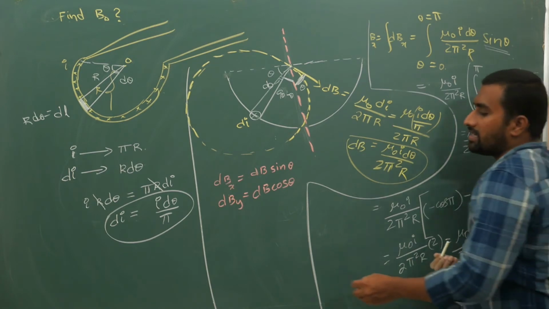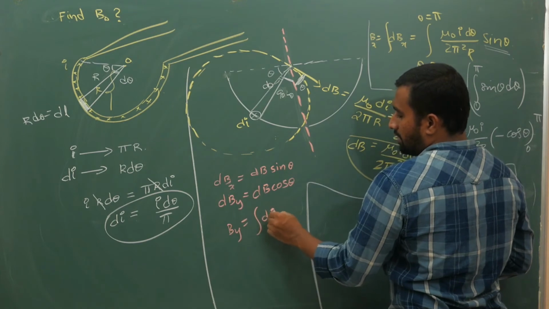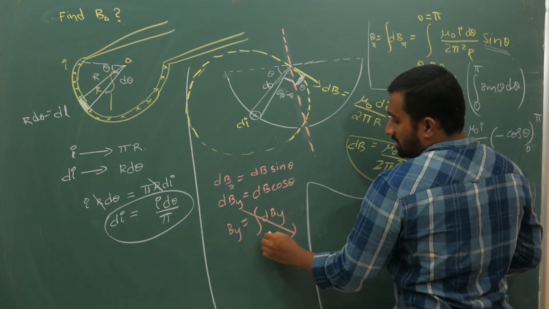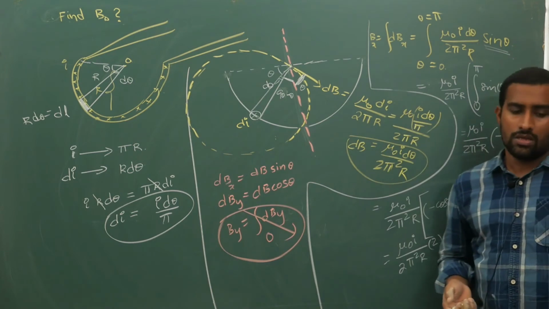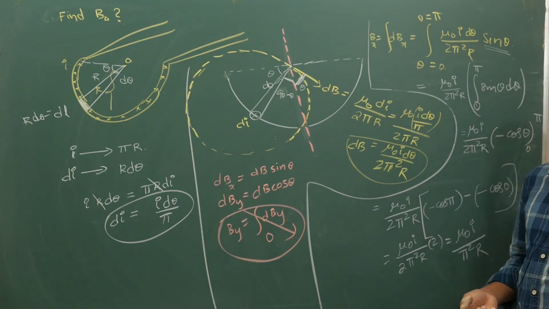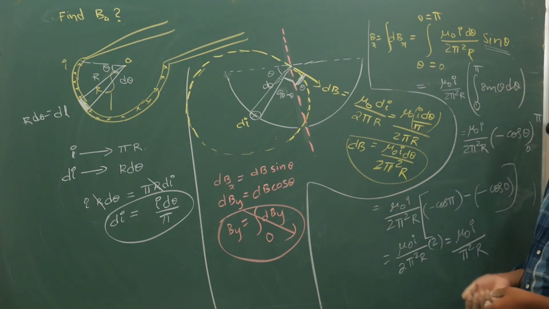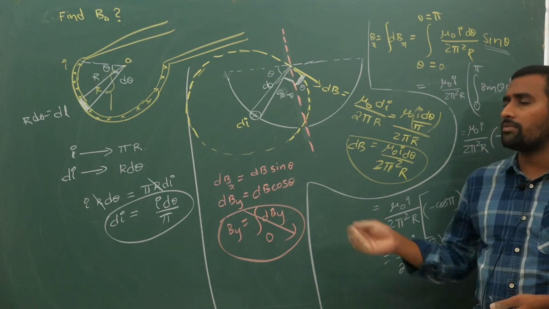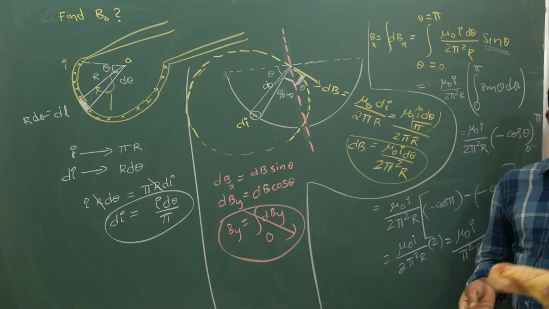Now if you integrate the y component, By is equal to the integral of dBy. This answer will become 0. Okay, you check it later. So this is your magnetic field because of a very thin shaped tube like that. I hope you have understood the calculation of magnetic field in this situation. Okay, now let us continue further.